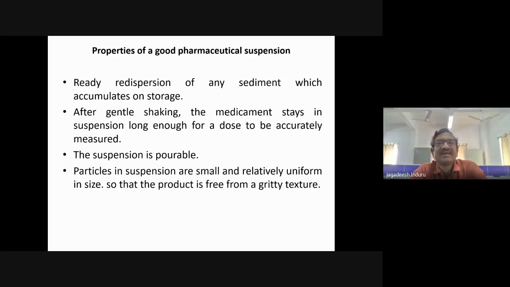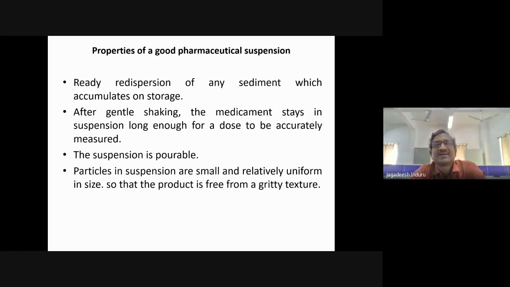Now I need to have a target or endpoint set. For that purpose, we need to see the idealities of that particular delivery system, and we need to target and achieve it. Even if we only get near to that, it is good. So the first category in the properties of a good pharmaceutical suspension, or ideal characteristics, is ready redispersion